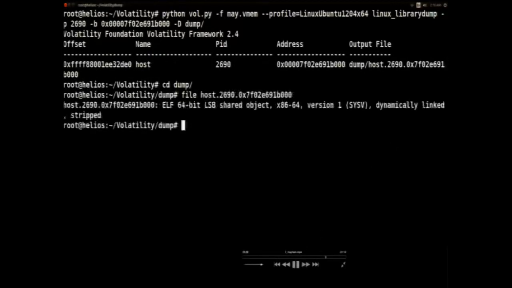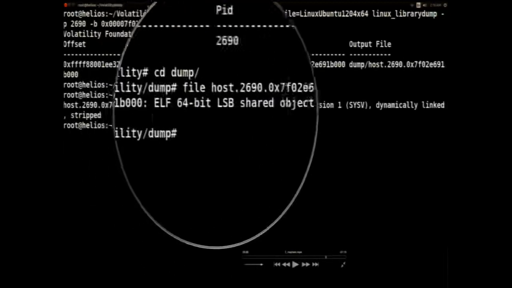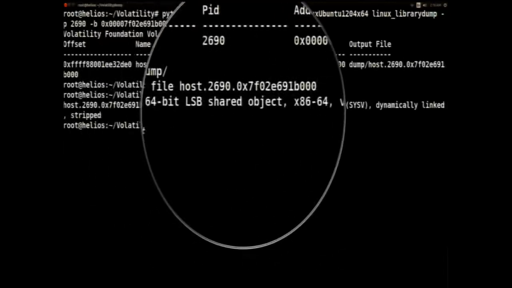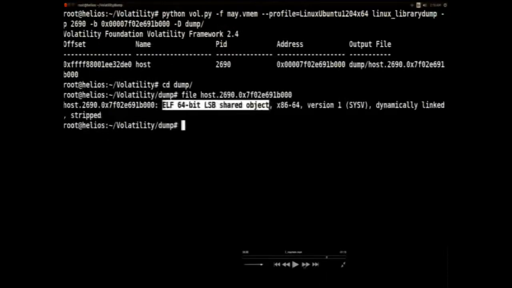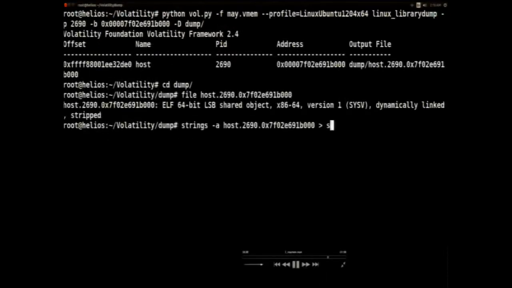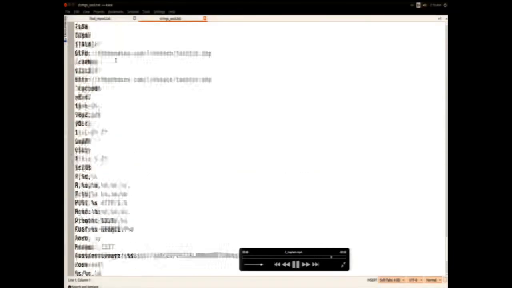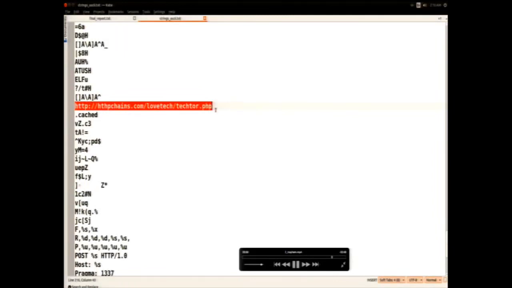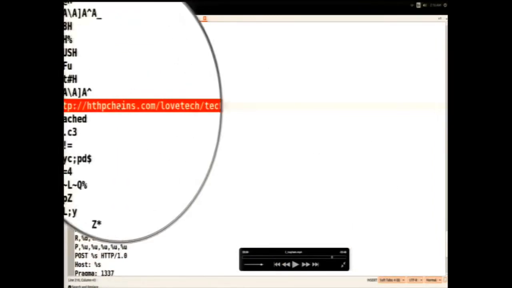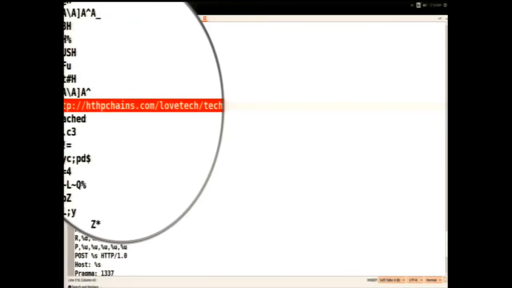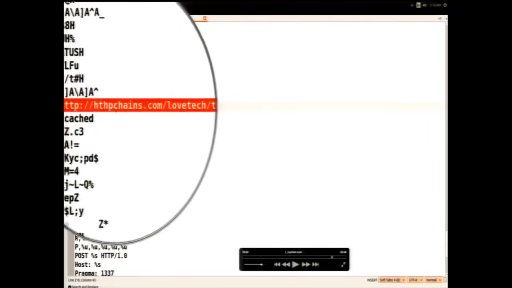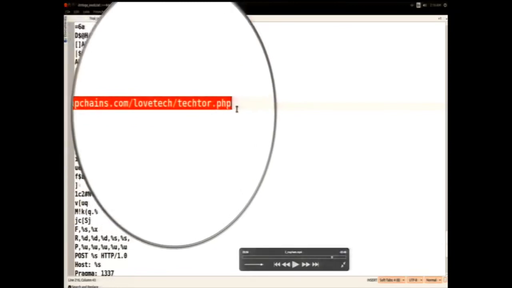Now just to show you, running the file command, you see that it is actually an ELF 64-bit shared object. A shared object is a shared library. Then I'm extracting the strings from that shared object to see if we can find any interesting strings there. Extracting the strings, you see that there is a reference to this string here, which is the command and control server we saw in the packet capture. If you remember, we dumped this cache.so from the memory of the host process, and looking at the strings, you see references to the command and control server IP address and the pattern that we saw in the packet capture.